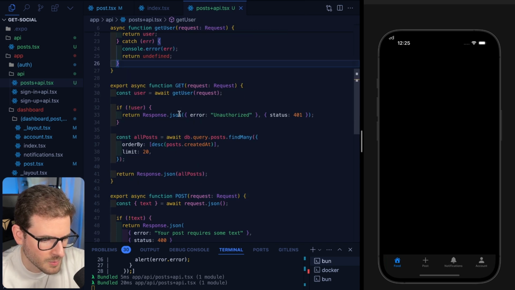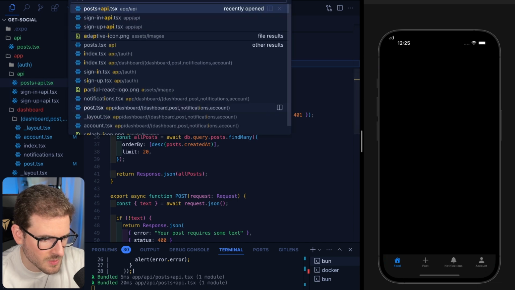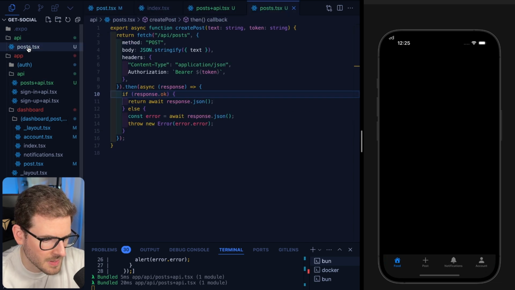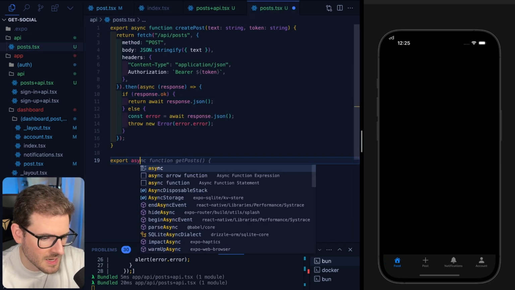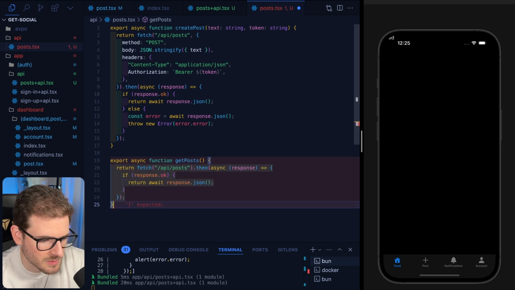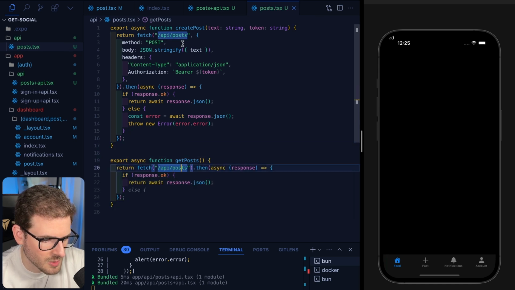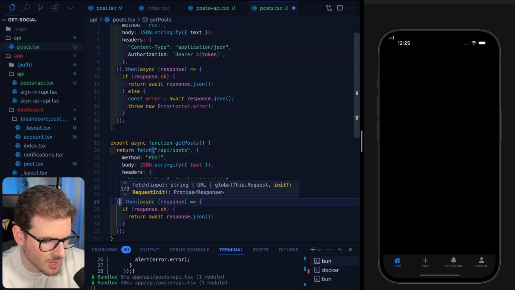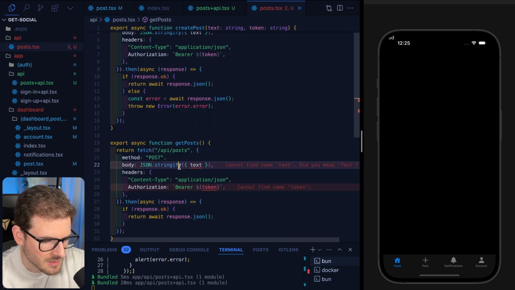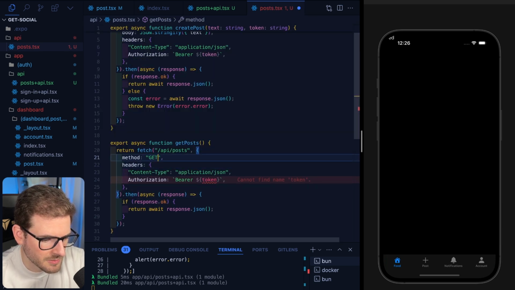All right, we have an endpoint we can call, and now let's go to that new API file that we created up here. And I'm going to go ahead and say get all posts, or just get posts, right? And that's going to do a fetch request to the post endpoint. Technically, we probably should pass in some of this information like the options. We don't need to pass a body, but we do want to do a get request,